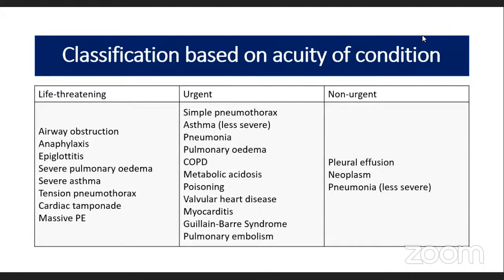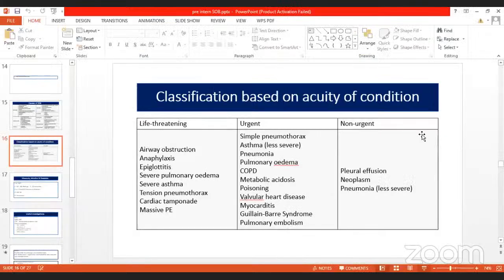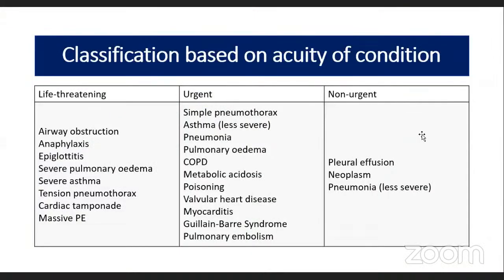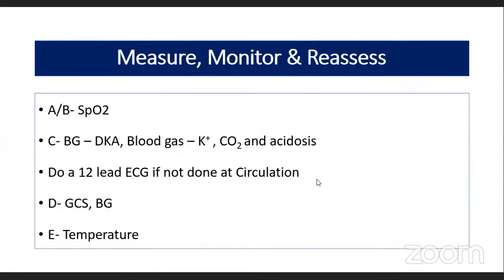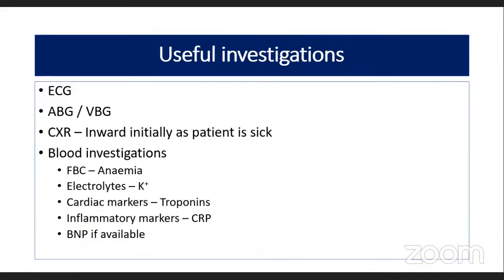You identify the life-threatening causes, depending on their acuity. What you want in the emergency department is to identify mainly life-threatening problems, and you need to treat them. You can amalgamate it, you can simultaneously do monitoring. For example, airway and breathing, you can get the saturation, and for circulation, you can do the blood gas and the pulse scan, and you need to get the blood glucose level. In addition to that, you need to do the ECG, and in D, you need to do the assessment of